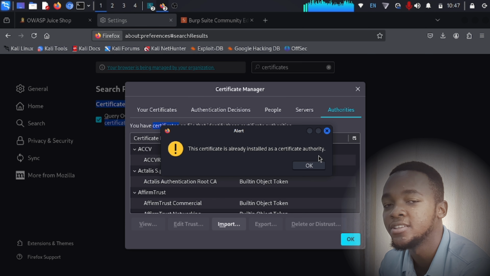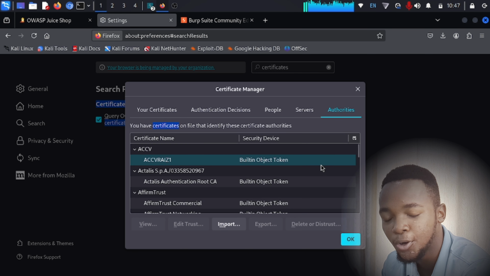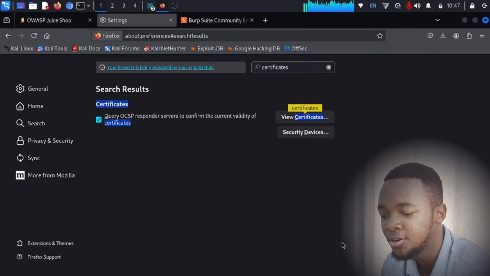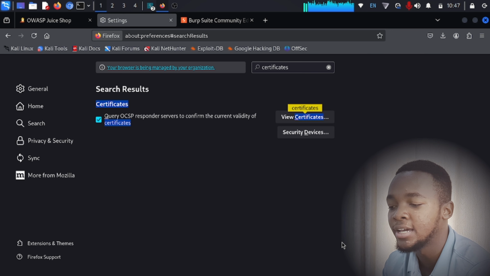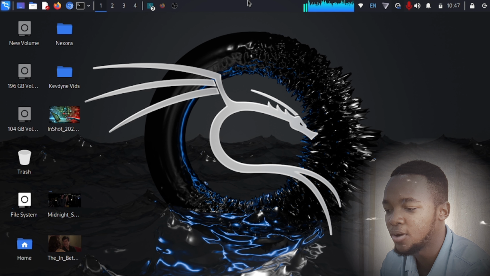I have already done this before. If it is your first time, after you click that, it will give you a prompt to click on OK, and you click on OK, then you will click on OK right over here, and you will be done. Now, right now, what I want you to go ahead and do is close this one,